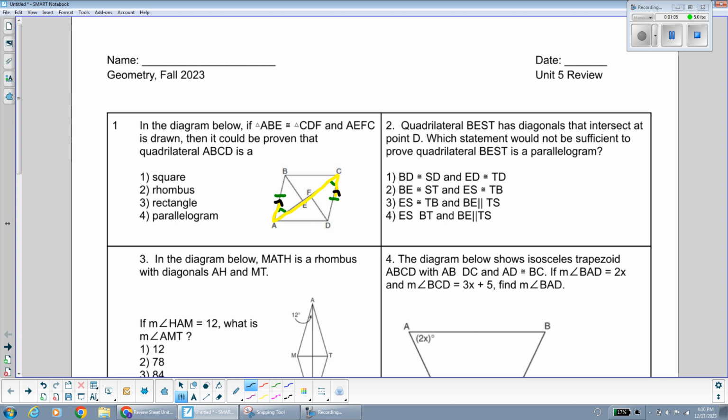In order to prove that I have a rectangle, I would have to prove a rectangle property. In order to prove I have a rhombus, I would have to prove a rhombus property. And in order to prove a square, I would have to prove a property from both a rectangle and a rhombus. I'm not seeing how else I can get any more information here because all that I was starting with